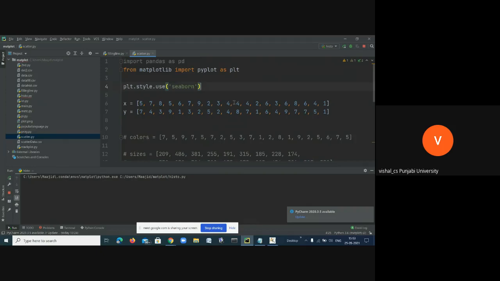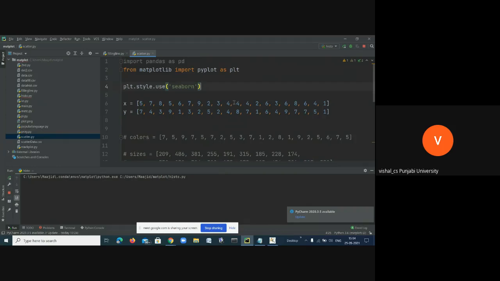Now we will see how to draw scatter plots, what they are and what data we use for them. Scatter plots are great when we want to see the relationship between two sets. Suppose I have two lists here, x and y.